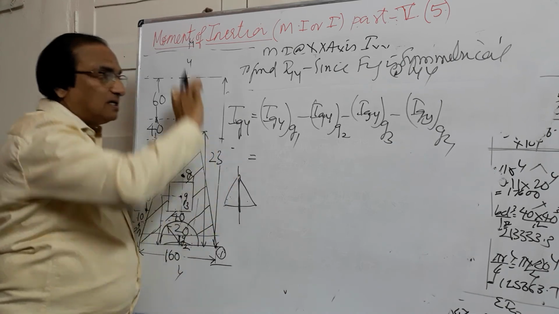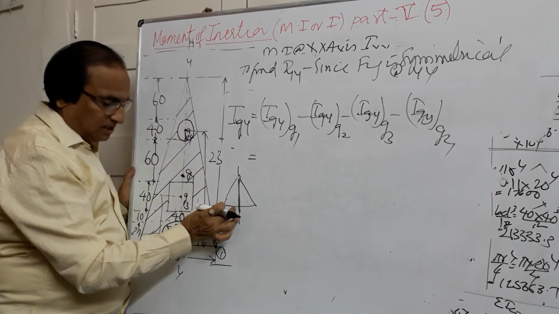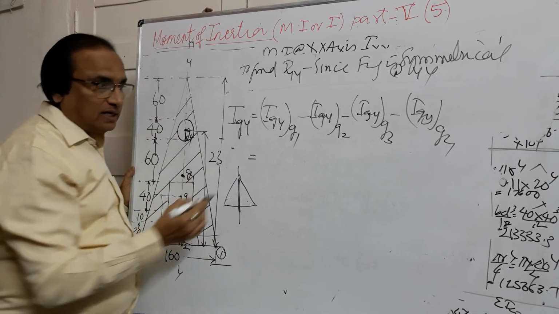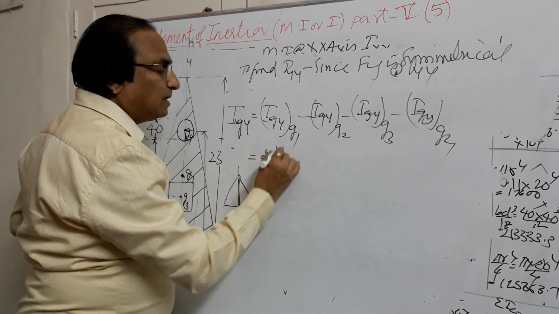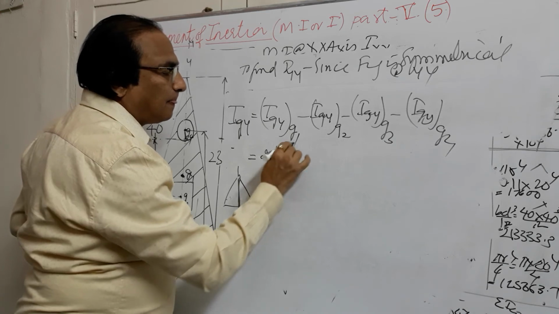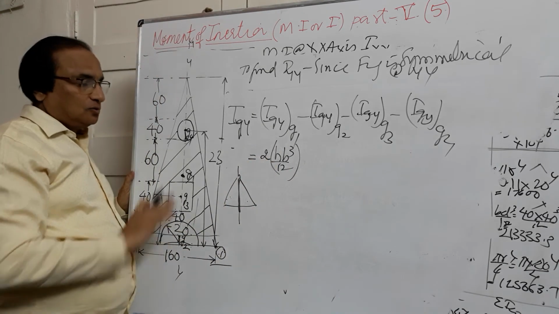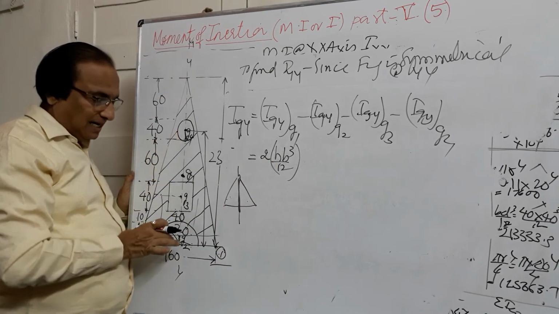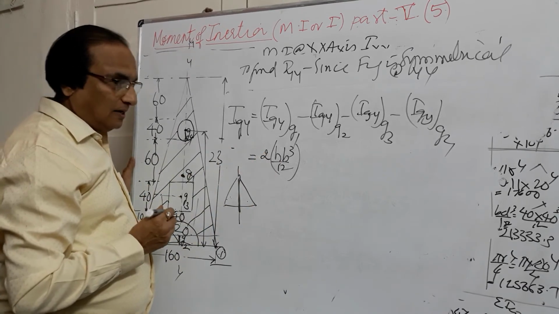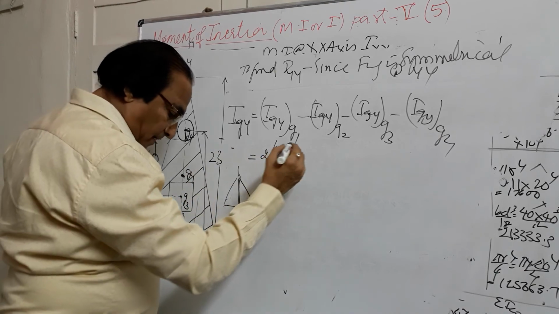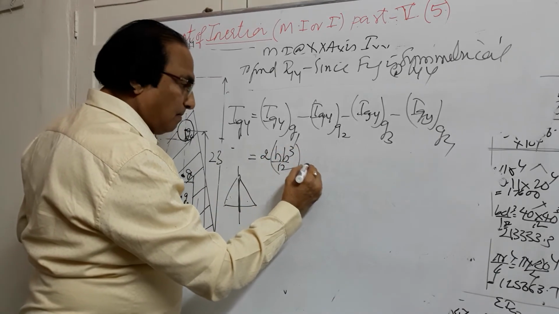So here b is nothing but the height and h is half of the base. So here I can write it as twice of h b cube by 12. So b is here h and h will be here b by 2. So b h cube by 12 minus